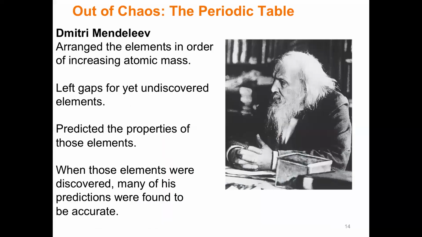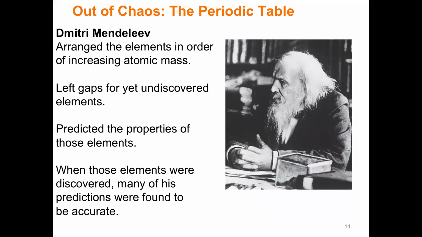Now, elements, right? We're just talking about elements and how we have atomic masses. We're going to go over the atom later on in the semester. But remember, I just gave you a periodic table, right? So where did that come from? Well, this came from a scientist named Dmitri Mendeleev, and he wanted to organize things. Scientists like to organize things so that we can work together. What he did is that he arranged his elements in increasing atomic mass, right? We'll explain later what that is.